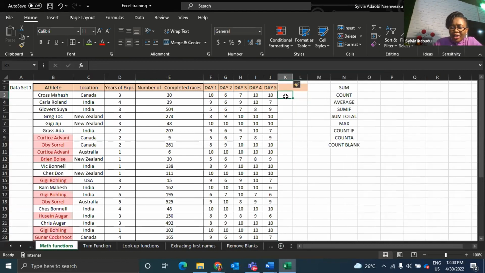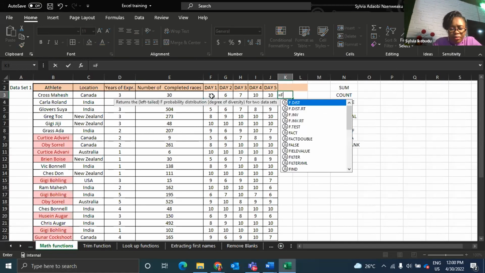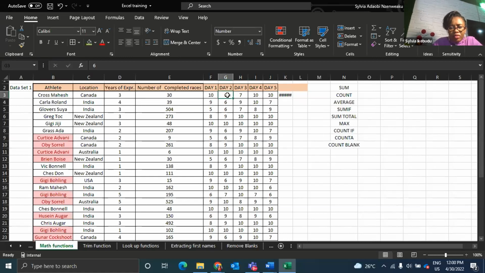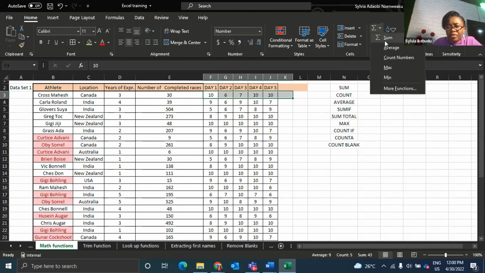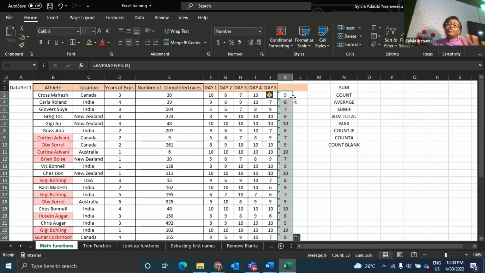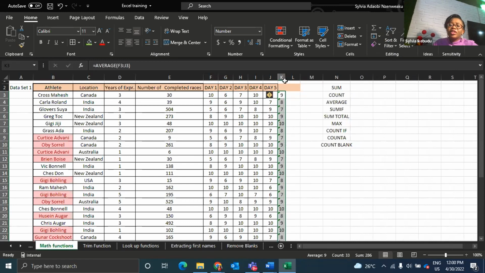Assuming we added these values equal to some... just do an average or something. So when we have something like this, and instead of doing the copy, Control C, Control V, then going on